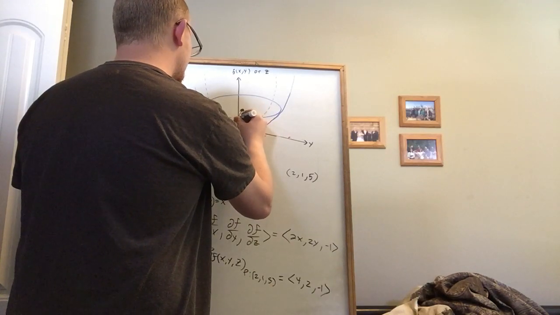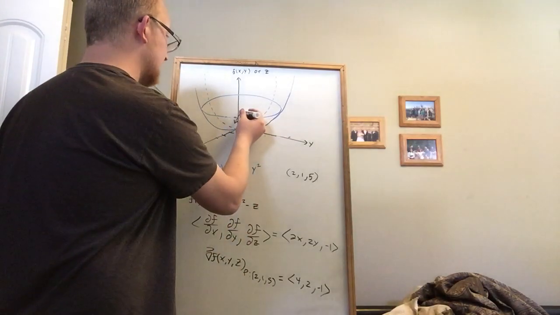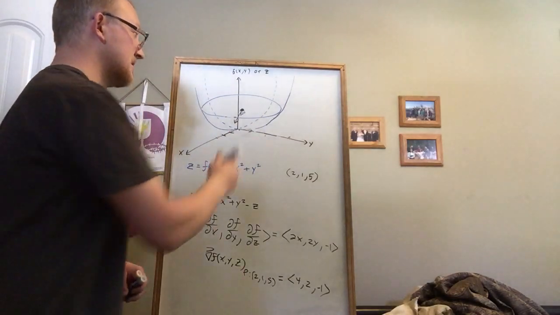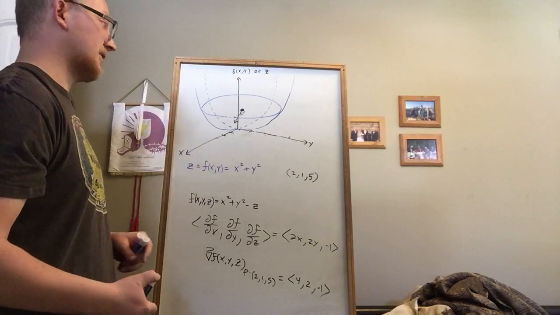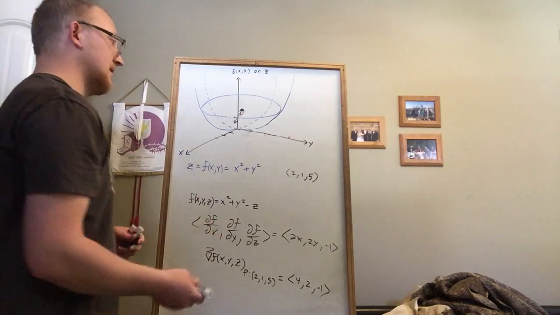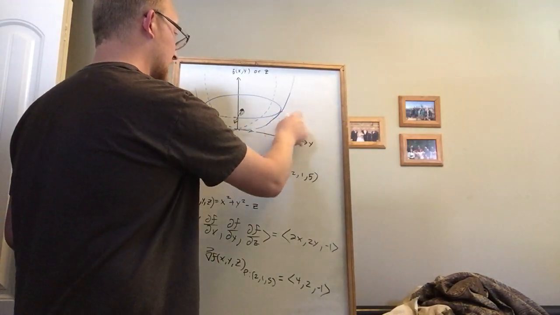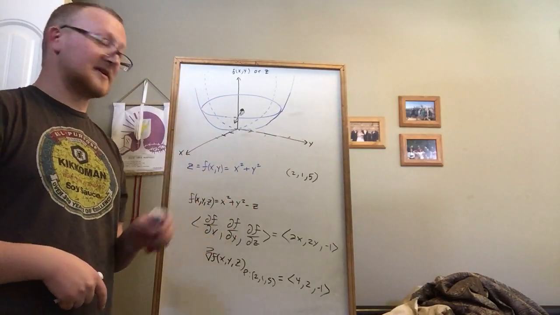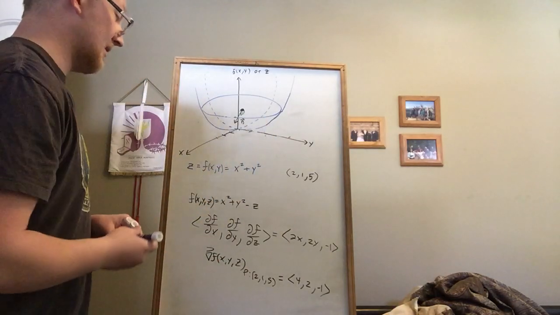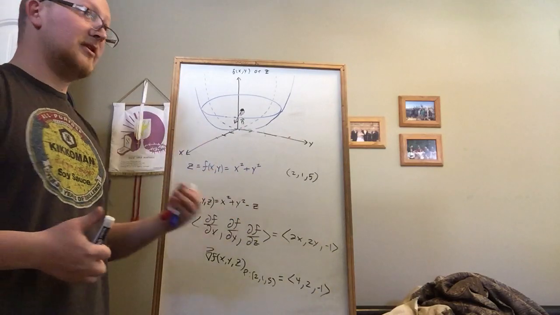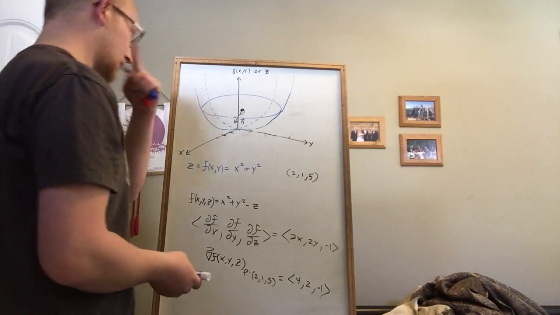But this vector that we got at this point is an arrow that just so happens to be normal to the surface in both the x and y direction. So remember when we did a gradient in 2 dimensions, it showed us a normal to the curve. Now the 3-dimensional gradient is showing us a true normal to the surface. And so this is actually a normal vector. It may not be a unit vector yet,